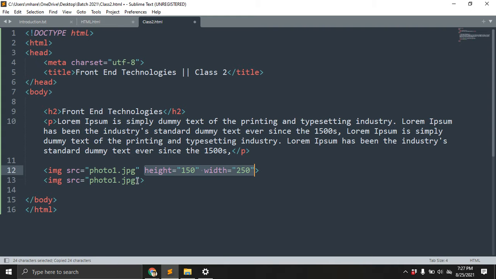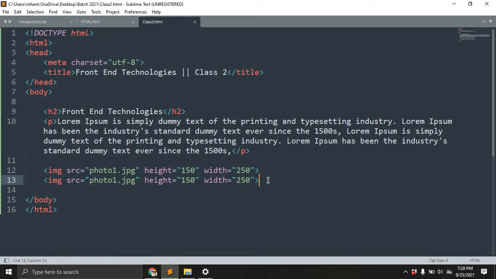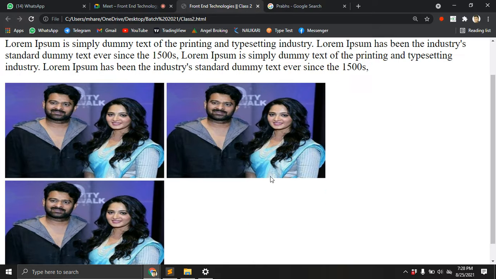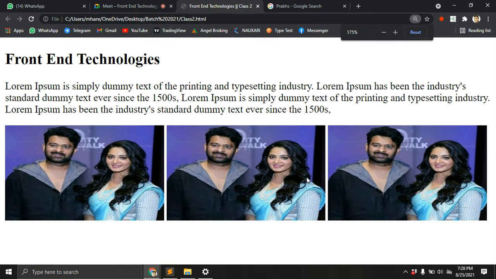Okay, with this height and size I'm giving another one also. I'm giving another one here, just need to paste. Okay, let's see. Same here. Save. Open the browser. You can see. I think good, right? Okay, I'm adding another image also. Just need to copy this one and paste here. Let's save. Open the browser. Refresh. Okay, I think good.